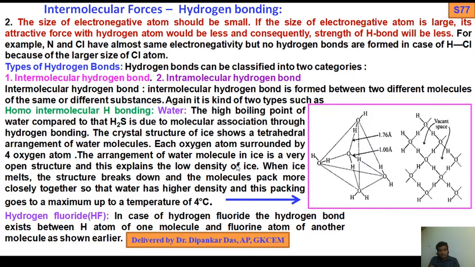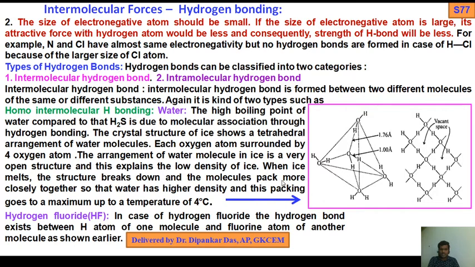The arrangement of water molecules in ice is a very open structure, and this explains the low density of ice. There are so many vacant spaces. When ice melts, the structure gets ruptured or breaks down,